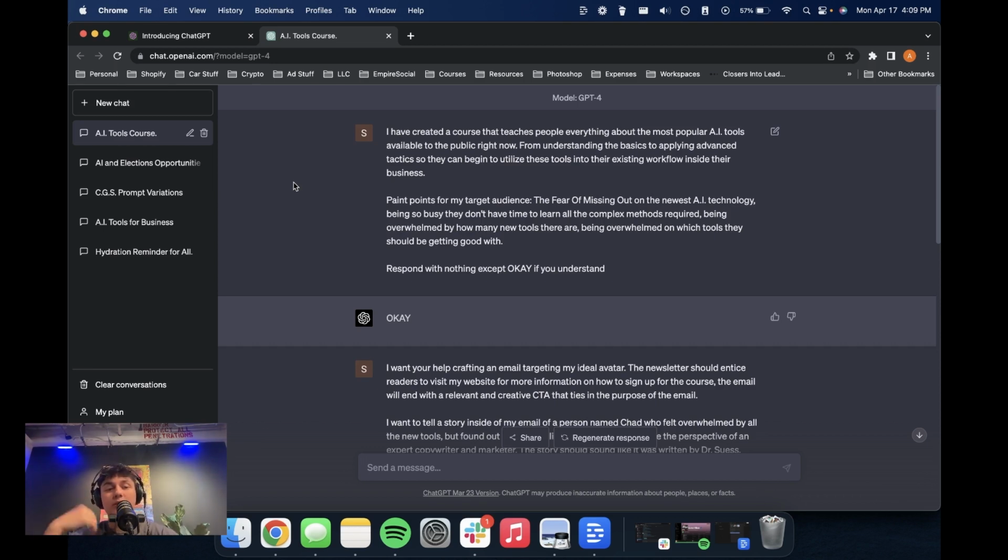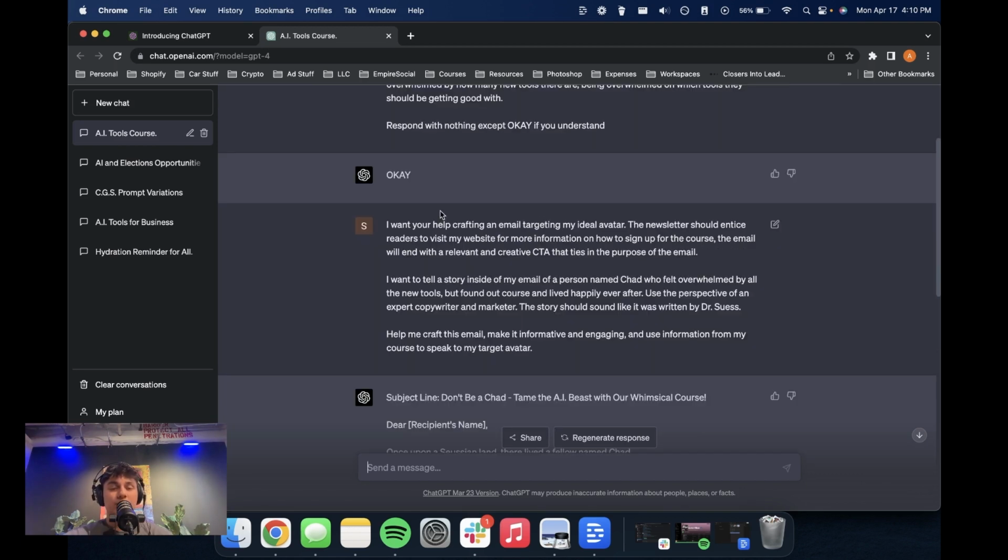And I'm using GPT-4 in this instance because when I'm separating information, especially if you have a pretty complex task, if you send your context in with separate messages and you end these messages with respond with nothing except okay if you understand, you're making your information a bit more digestible rather than sending it inside of one giant 5-page prompt. You're separating it and telling it, hey, here's part 1, respond okay. Here's part 2, respond okay. Now it's digesting all of this information so that when you finally give it that actual goal, it's going to be able to take from my experience all of this context a little bit better and then provide you that more specified output.